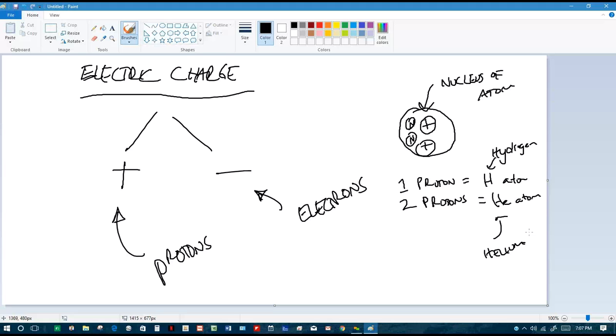Those properties are distinguished from other kinds of atoms by how many protons are in the nucleus, how many neutrons are in the nucleus, and how many electrons surround it. The way that atom can interact with other kinds of atoms, like a carbon atom with an oxygen atom, is based upon how many electrons surround that nucleus. That allows atoms to form molecules, and molecules to form compounds and